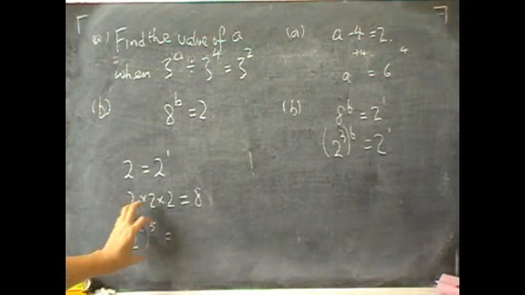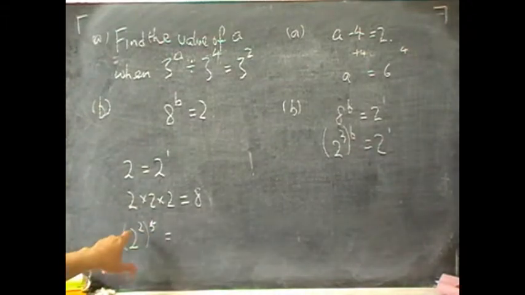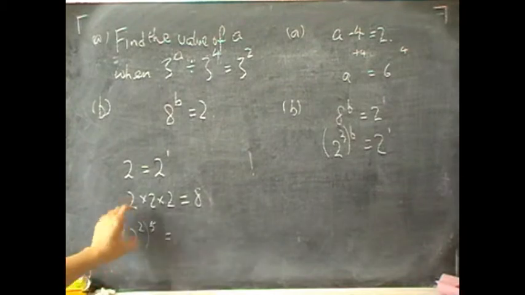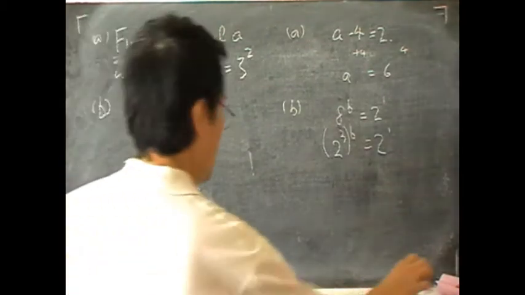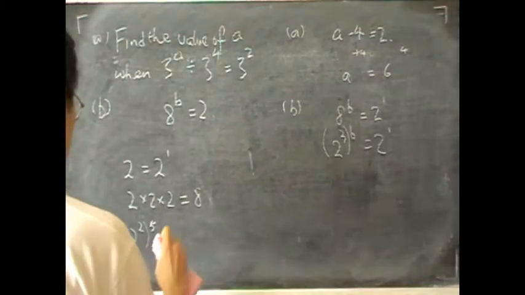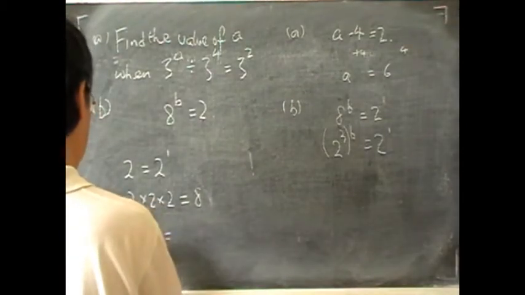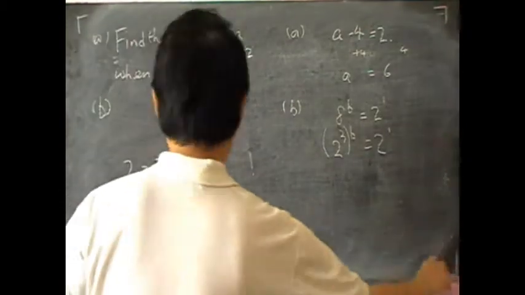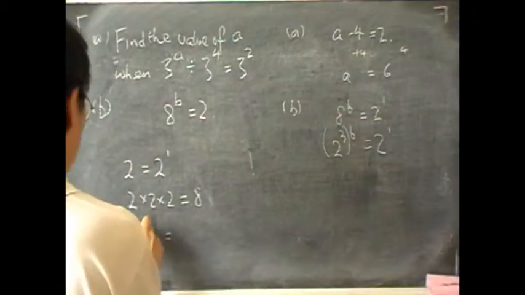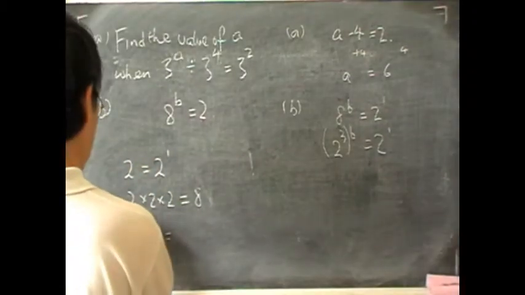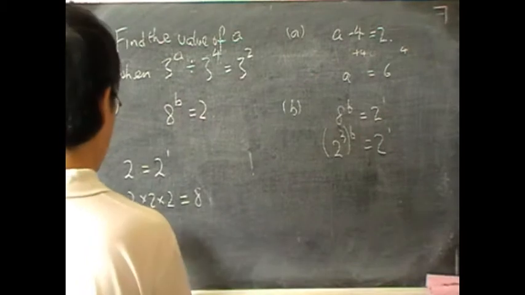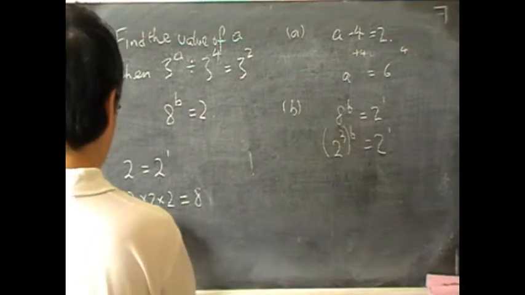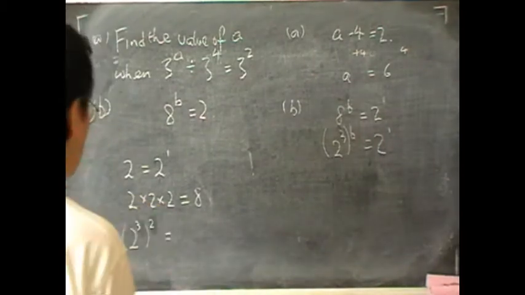Okay, we have just numbers and no symbols. Actually, let me make it simpler. If I have, say, 2 to the power of 3 and then the whole thing bracket to the power of, say, 2,